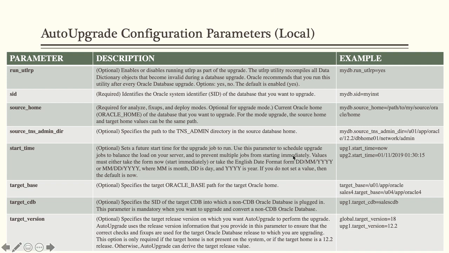Imagine I am doing a readiness activity for half an hour. I might say I would like to start the upgrade 30 minutes from now. So I can say on 4th of October 2020, whatever is the time I would like to start, and I can run the deploy. Now deploy will not start the upgrade immediately. It will wait until the system time changes to that particular time, and then it will trigger the activity, saying, okay, let me start doing the upgrade now: analyze, fixups, and the deploy.